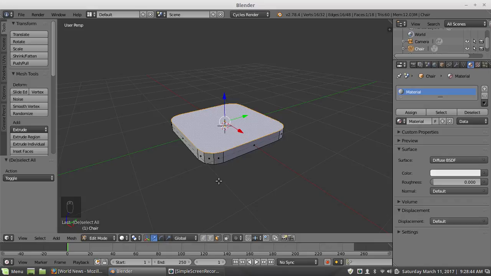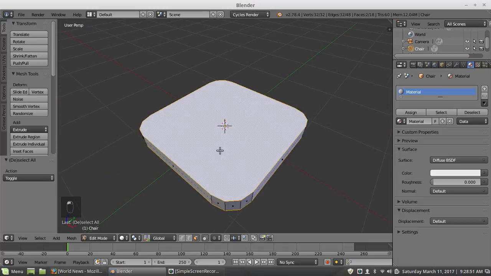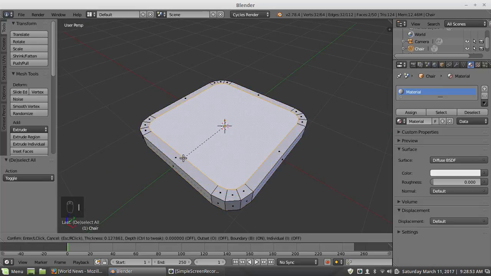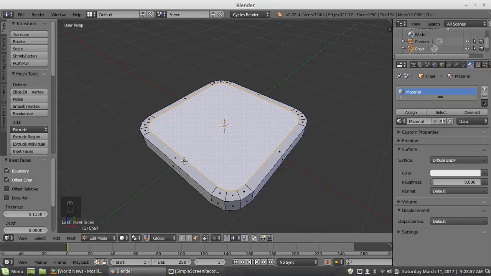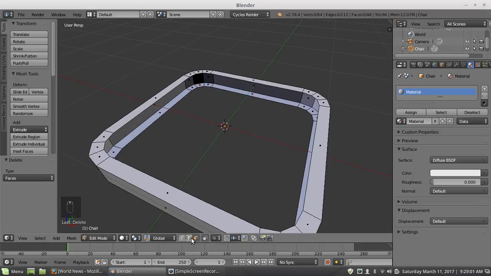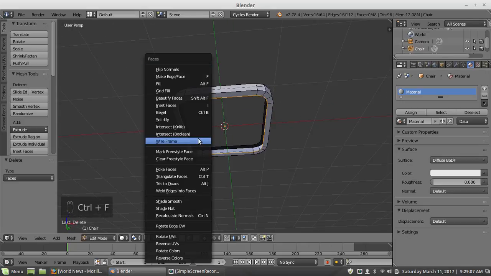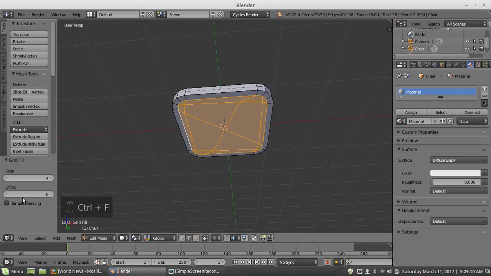I'm going to hit Control and Space to hide my handles, because when I work, I grab them by accident and they get in my way, so I just disable them. Let's inset. And I'm going to hit X and F for delete those faces. And I'm going to select this inside area here. Control F for face actions and G for grid fill.